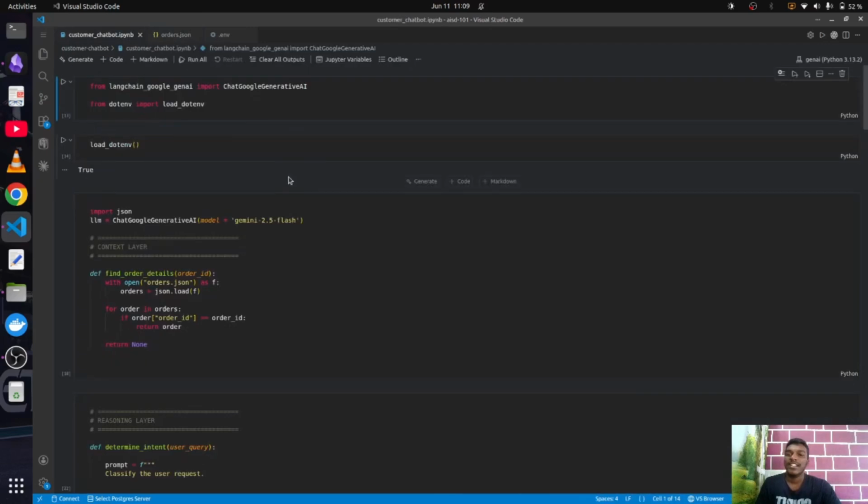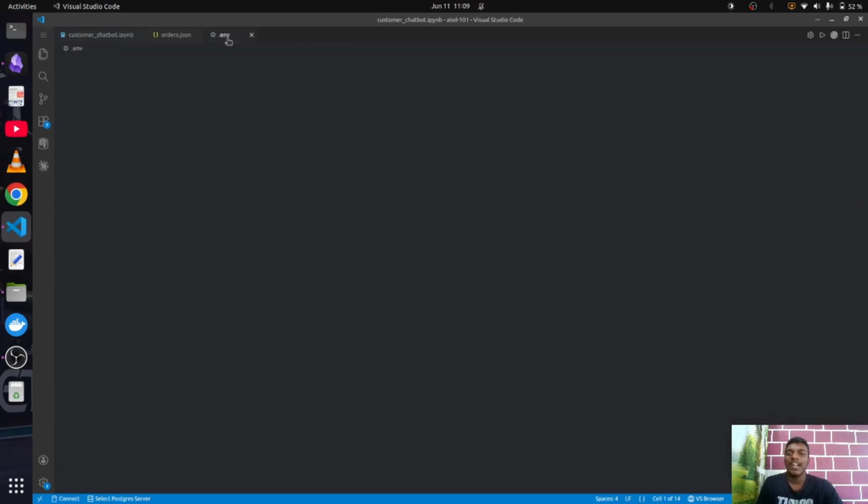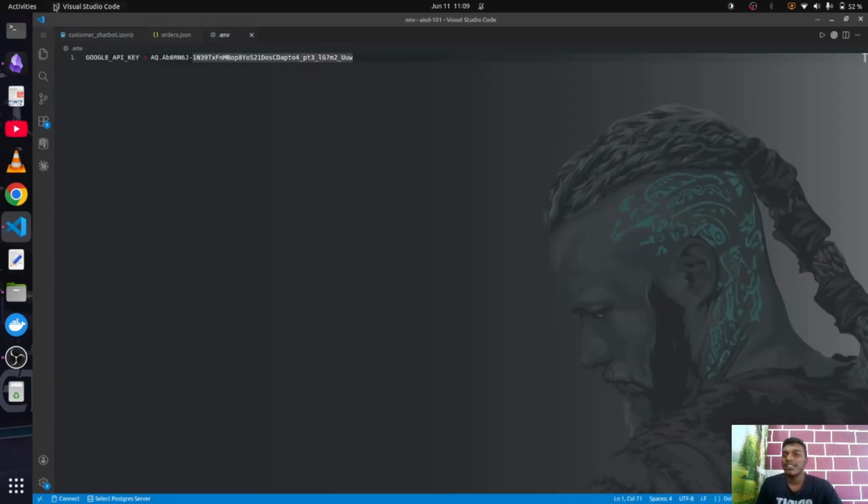Starting with this, I'm going to use Gemini for this whole course. A simple API key is more than enough. If you're not familiar with it, you can make API keys easily. You just need to go through Google AI Studio and make your API key, and an API key might look something like this. I have blurred it so far, but yeah, an API key looks something like this.